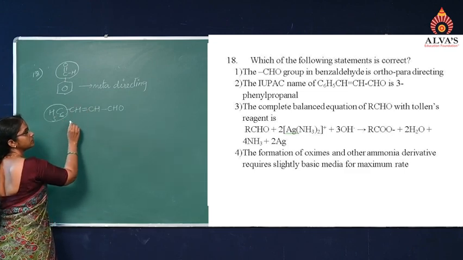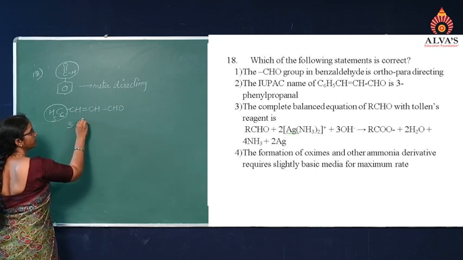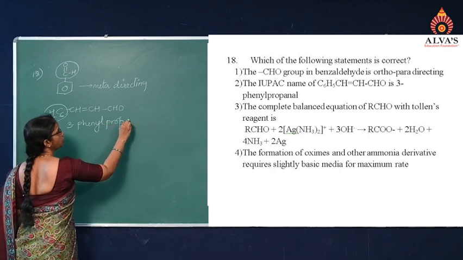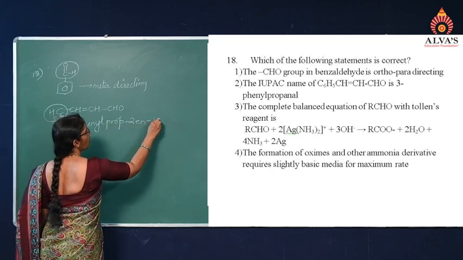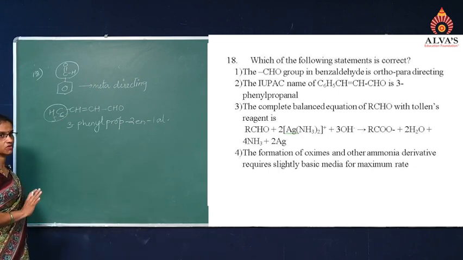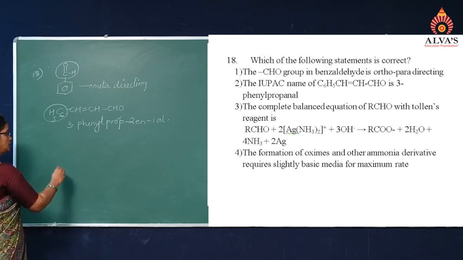Hence, according to the rules of nomenclature, the compound will be called as 3-phenyl prop-2-ene-1-al. So it is not propanol. Option 2nd is wrong. Third, complete balanced equation for aldehyde with Tollens' reagent is